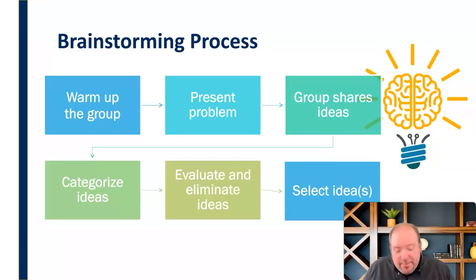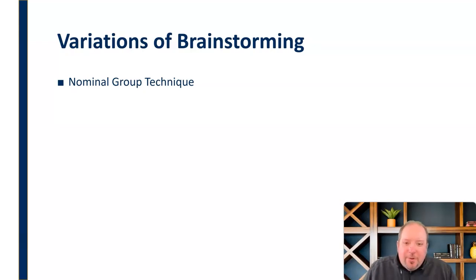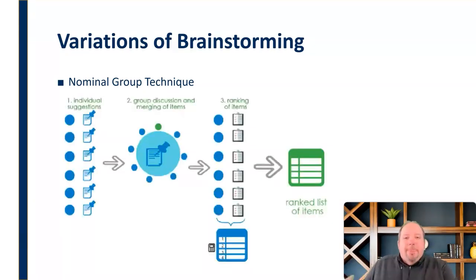Now, the brainstorming process really was developed in the 50s, and since that time, we've had a chance to, of course, come up with different variations of brainstorming and different ways to do it, and certainly the technology's allowed us to do some of these different things differently. So, the first one that kind of came around and was popularized and is still popular is called nominal group technique. The nominal group technique is a variation of brainstorming where essentially, instead of just having everybody shout out ideas all at the same time as part of this process, everybody writes down an idea or comes up with an idea, and you go around and everybody has a chance to then present their individual suggestions.